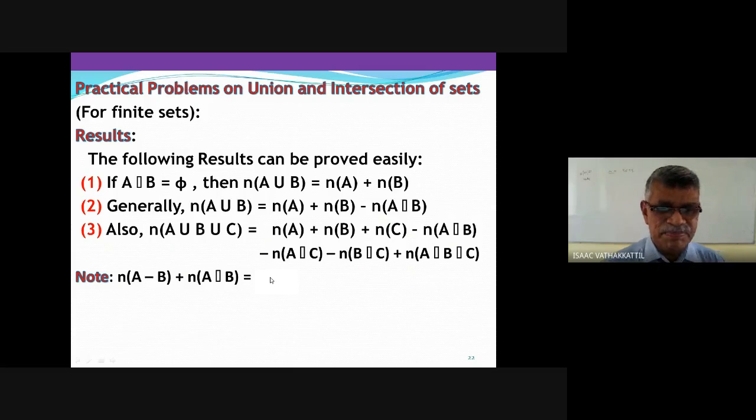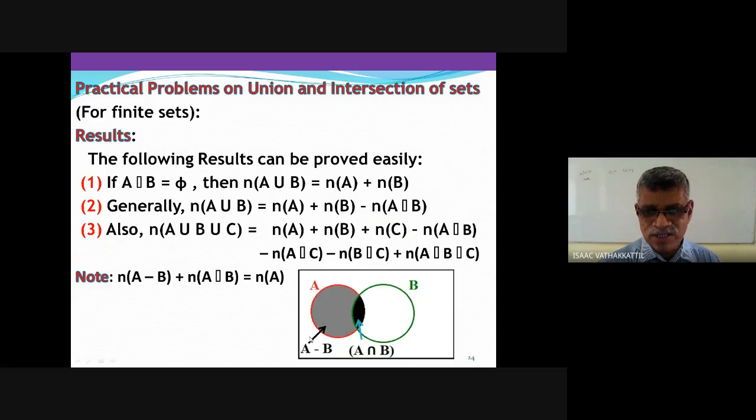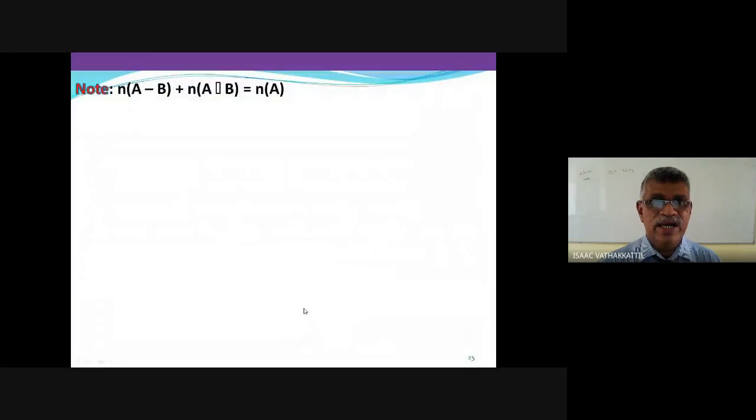Number of A minus B plus number of A intersection B is number of A. You know how? Because where is A minus B? A and B are here. This shaded portion is A minus B, and this black portion is A intersection B. A minus B and A intersection B are disjoint. Once they are disjoint, when I add their numbers, number of A minus B plus number of A intersection B